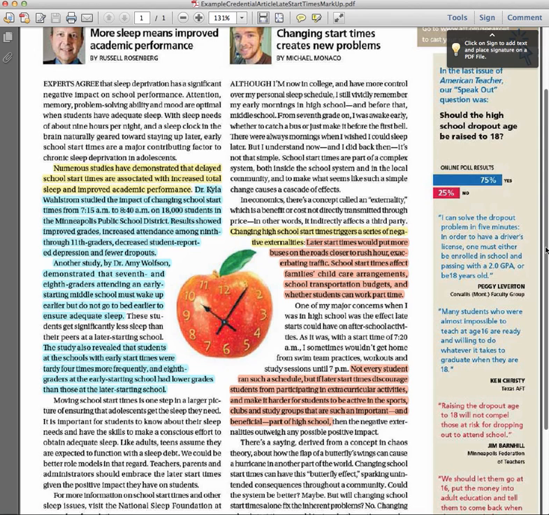He said later start times would put more buses on the roads, closer to rush hour, making traffic worse. It makes it harder for childcare arrangements. It makes it harder on school transportation budgets. Makes it harder for students to work part-time. But he doesn't give you any specific examples of any of those things actually happening. Now, I would believe that changing the school start time might affect those things, but he's not showing me anything specific. So does it really make rush hour worse?